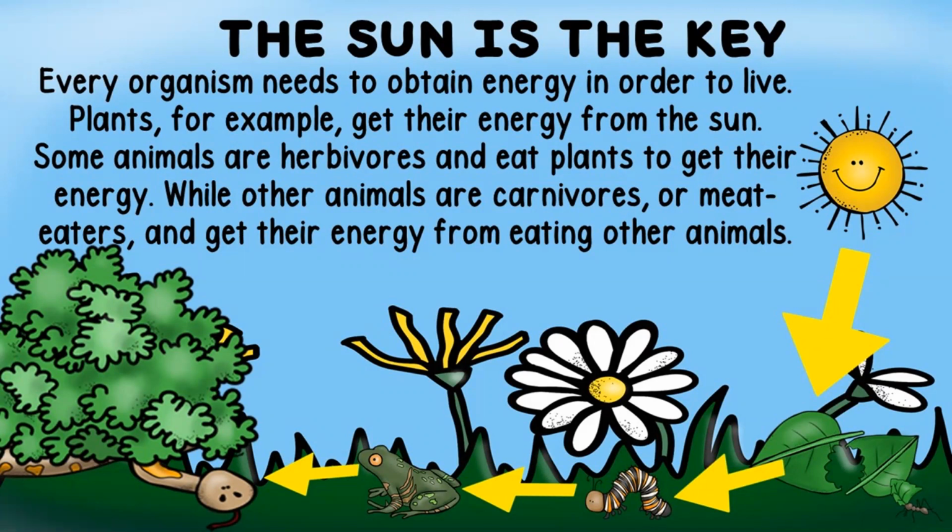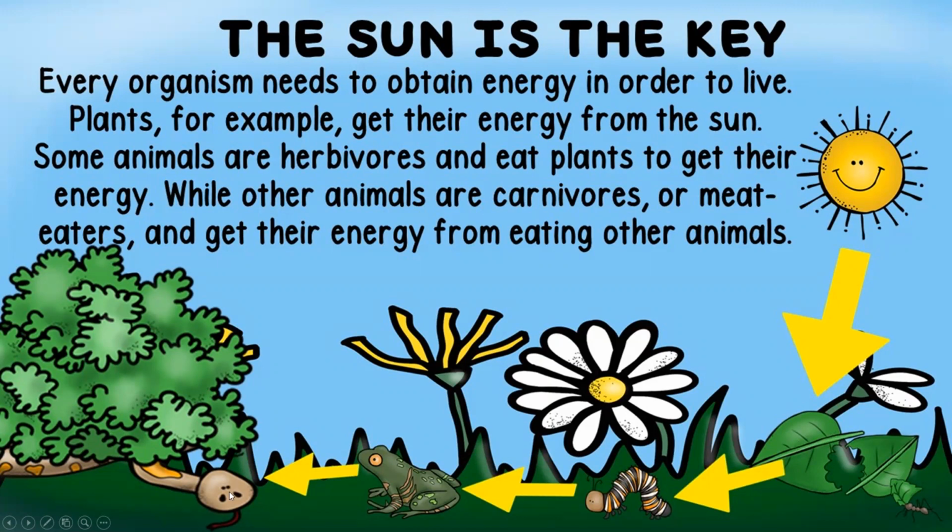Excuse me. So the sunlight helps the plants to grow through a process called photosynthesis, which we'll get to in our next video. So then the plants grow, and then the bugs, like this little ant here, eat the plant, or the caterpillar eats the plant. Then the frog eats the caterpillar. So whatever energy came from the sun into the plant now goes into the caterpillar, now goes into the frog, and then the snake eats the frog.